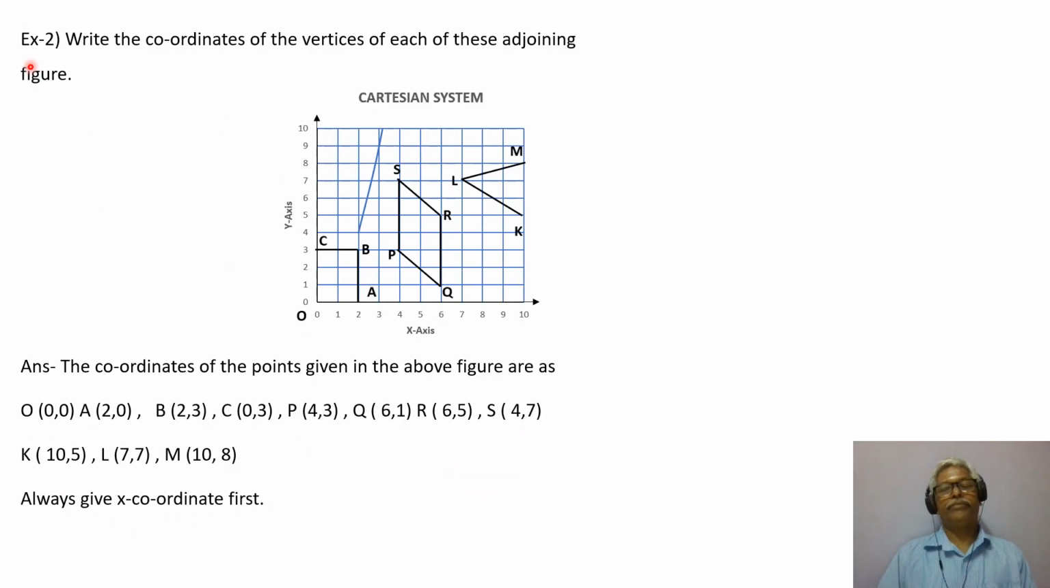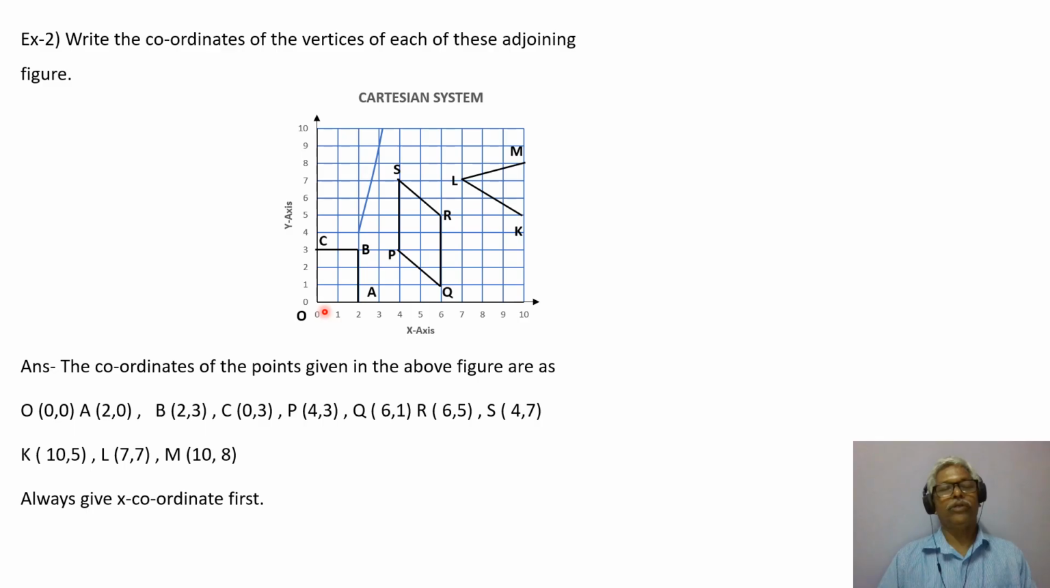Second exercise, write the coordinates of the vertices of each of these adjoining figures. Okay, this is a Cartesian system given, and there are some points plotted on this. Okay. Answer: coordinates of the points given in the above figure are: O is (0, 0),